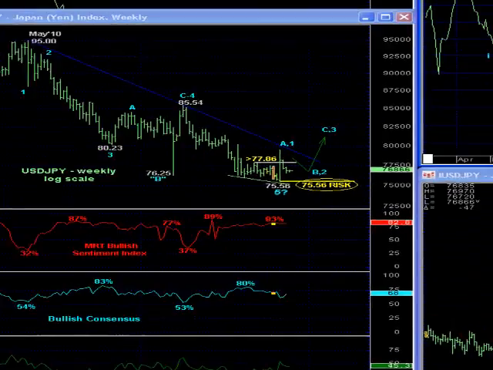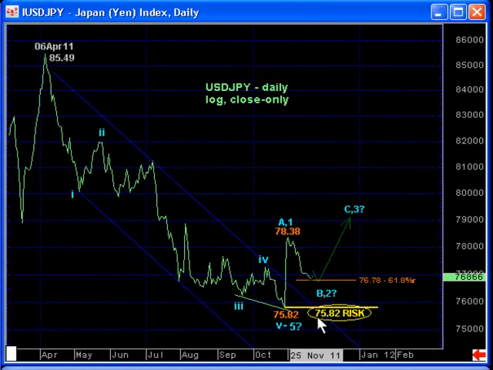Looking here at a daily log scale close only chart, you can see the extent of that and the impulsiveness of the late October rally that breaks at least the April through October portion of the secular bear trend, arguably completing a 5-wave Elliott wave sequence down to the low daily close at 75.82. And if that is the case, that the late October rally is the A wave or the first wave of a larger degree correction or reversal lower, by definition, the subsequent relapse or retest of the lows would be a